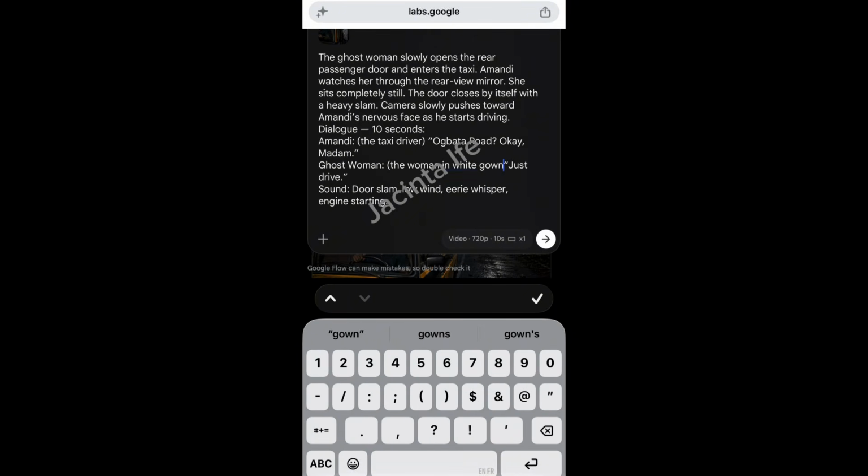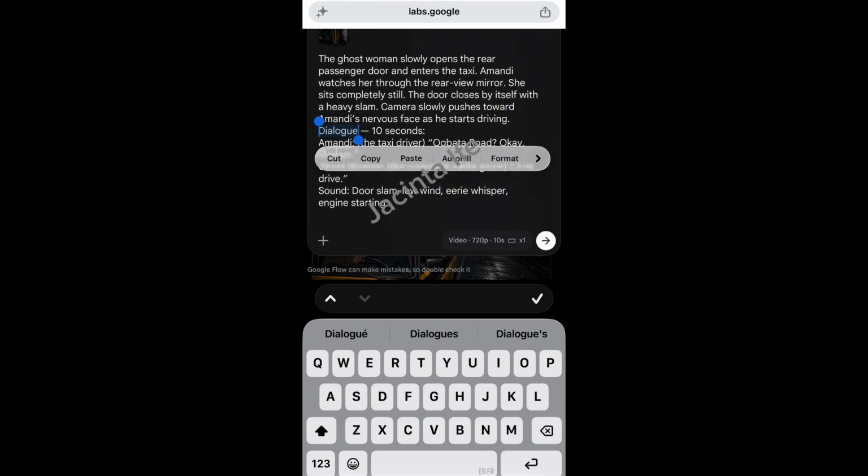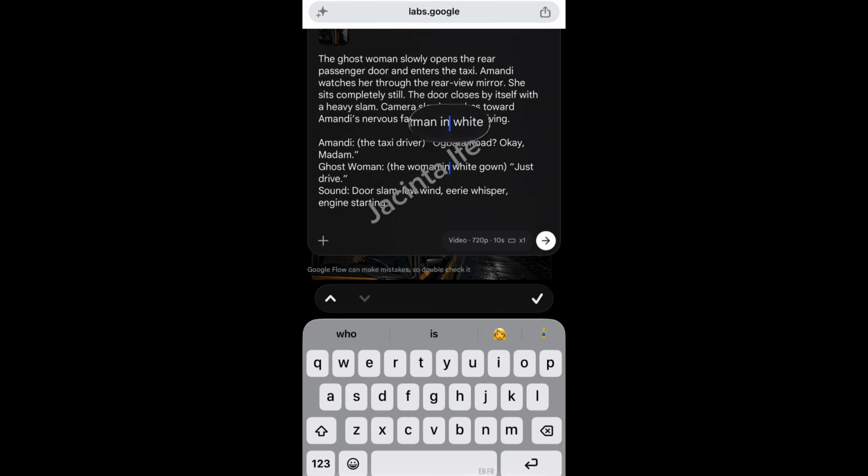So we are deleting this, it's not needed. The dialogue, 10 seconds, whatever. So Amadi the taxi driver, then the woman on white dress. Just drive, slam the door.